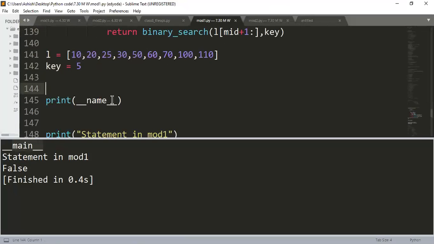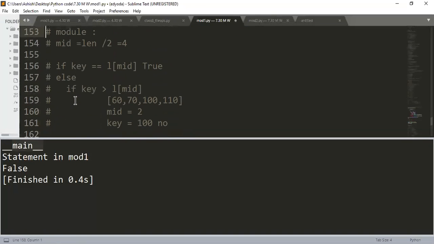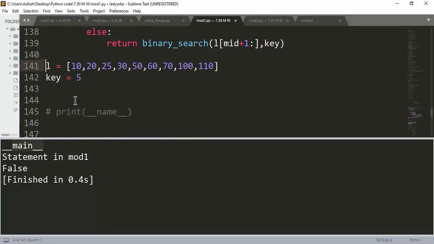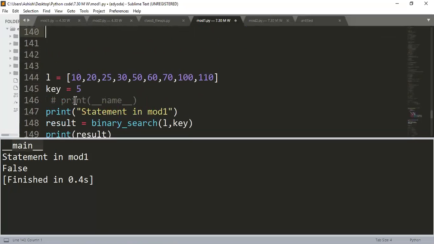Okay, so I can restrict it by saying something. I'm saying if __name__ equals